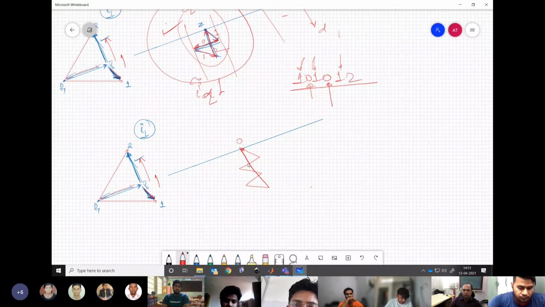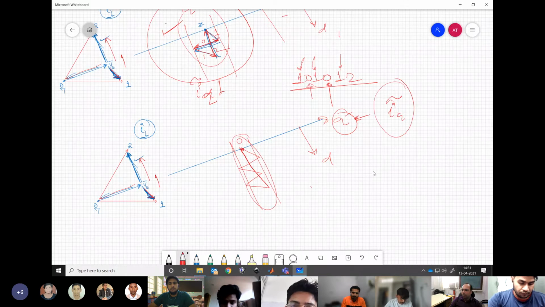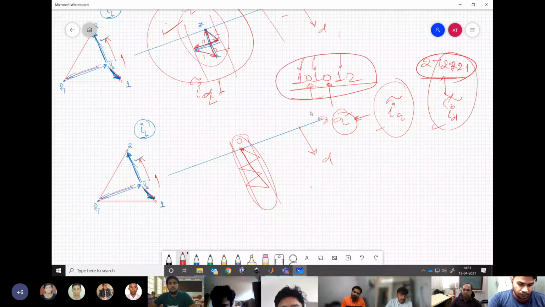Understanding my point? So based on what your requirement is, let us say our target is to reduce the q-axis current ripple. So we can switch many times like this within this boundary, and we can achieve a very small current ripple on the q-axis. Similarly, a sequence like 272721 will reduce the similar thing on the d-axis. So completely dependent on what you want, we can have a PWM technique.